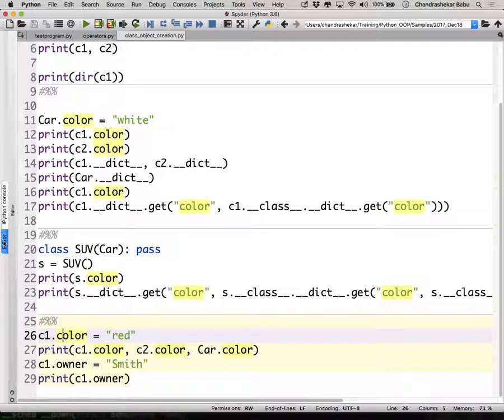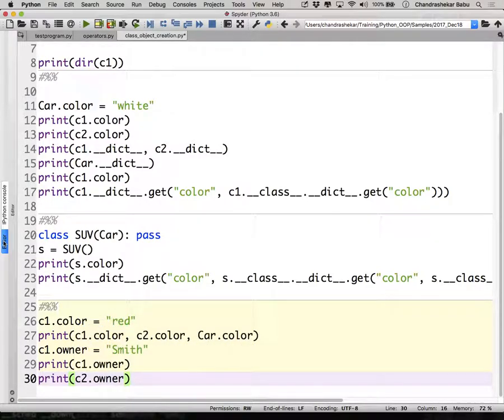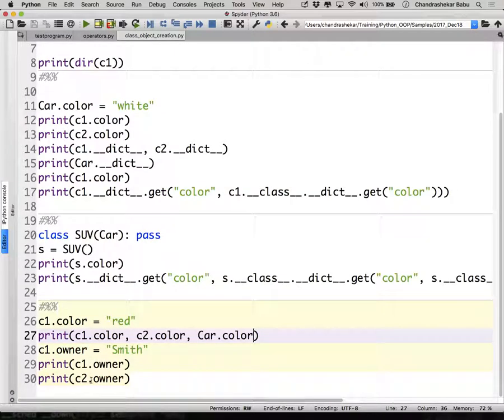But if I try to print C2 dot owner, will this work? No, it will not work. Why? Because C1 has an owner, C2 does not have it. So you can add attributes specific to different objects. I run this now. You can see: Car object has no attribute owner. C1 has an extended attribute.